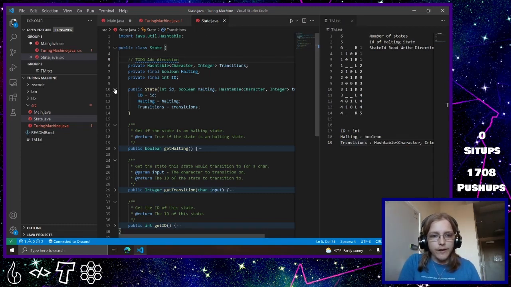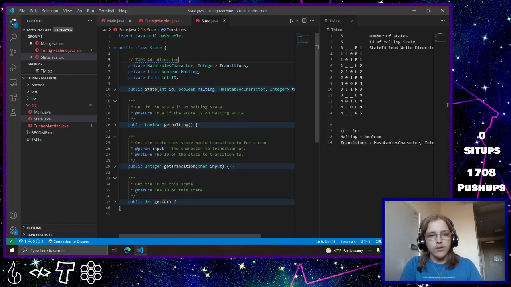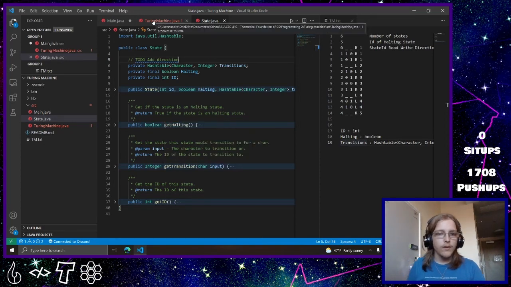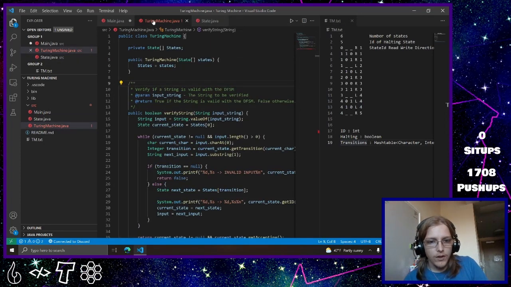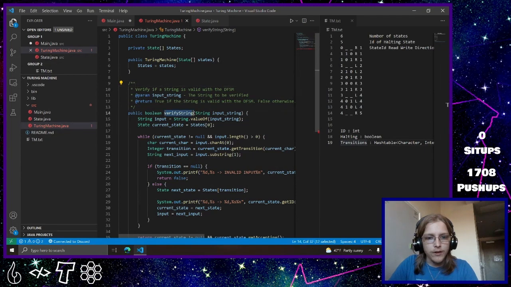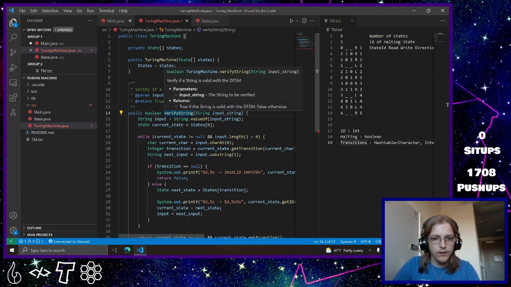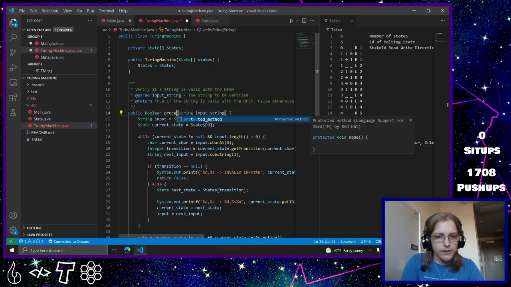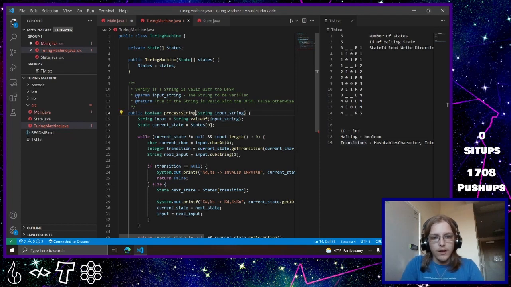So I guess there wasn't really as many changes to this as I thought there would be. Oh wait, no, that would be in transition. Okay. So then, instead of verify string, I suppose I'll just say process string and input string,